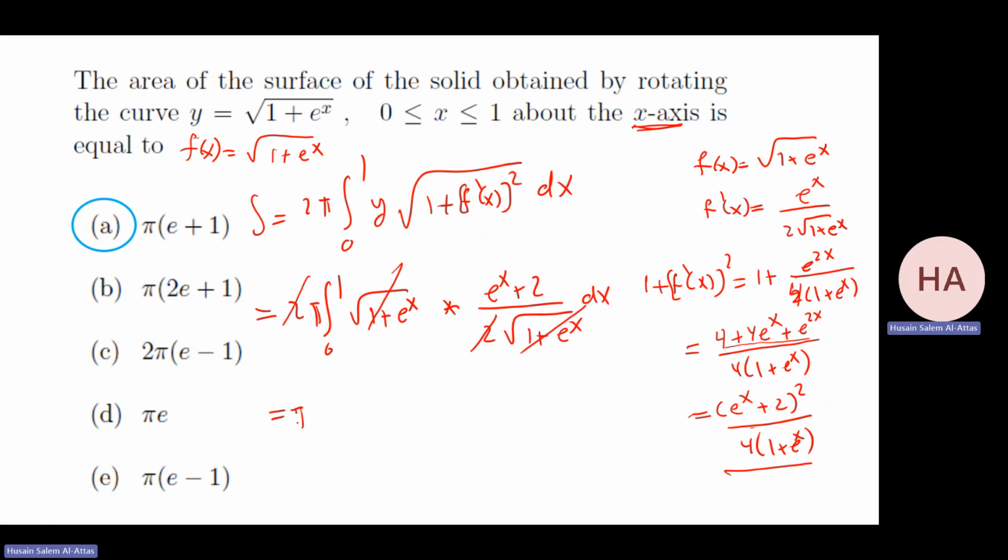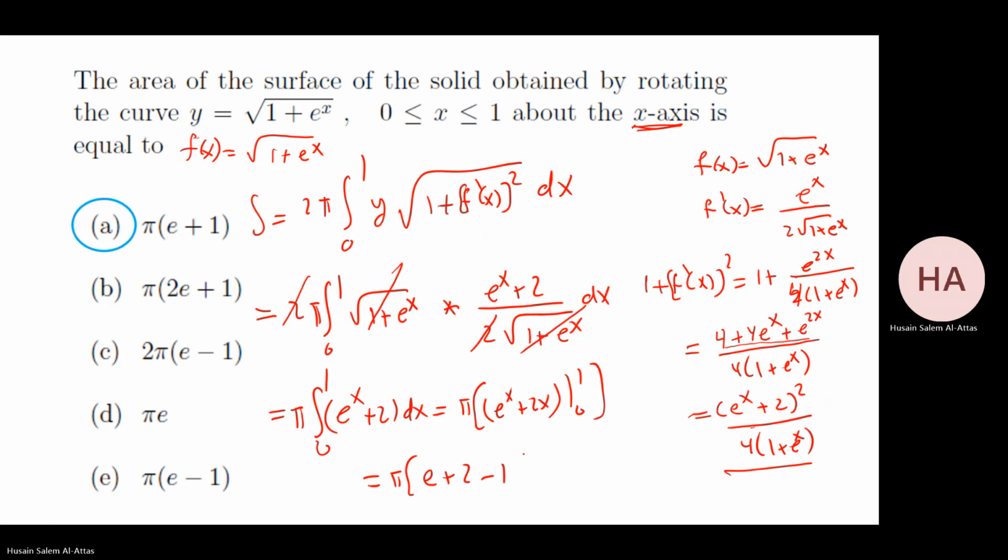So I have pi times the integral of this, let me write, e to the power x plus 2 dx. That will be pi times (e to the power x plus 2x) from 0 to 1. That will be pi times (e plus 2 minus 1 minus 0). That will be pi times (e plus 1), which is